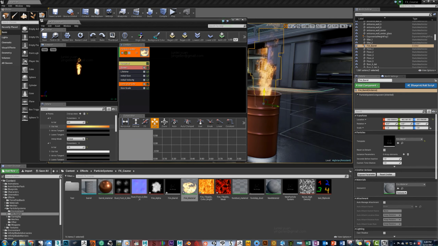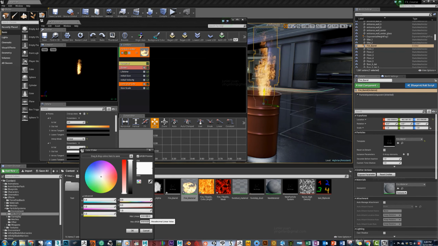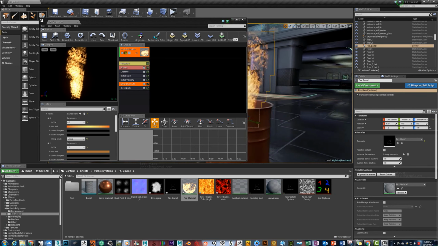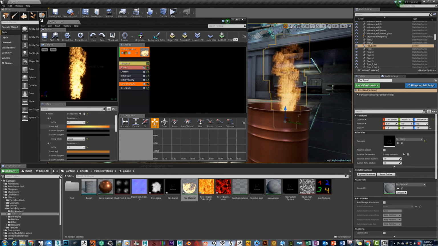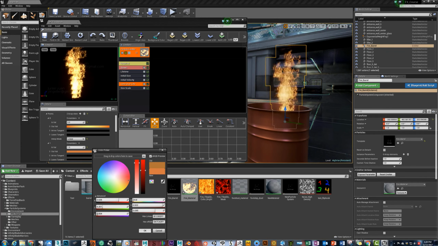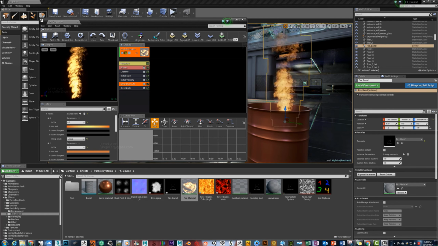I think the value was 6. And I'm also going to put it on this one. But here I'm going to change the value a little bit. Set it to 1. No, actually it was correct. So I'm just going to change the value a little bit. So that means that at the end of the lifetime, the flames will be less intense and less orange, becoming a bit more desaturated. I'm actually going to punch in a little bit the reds, so it feels like they're dying out better. All right, so